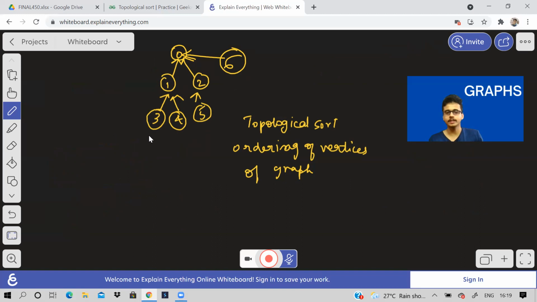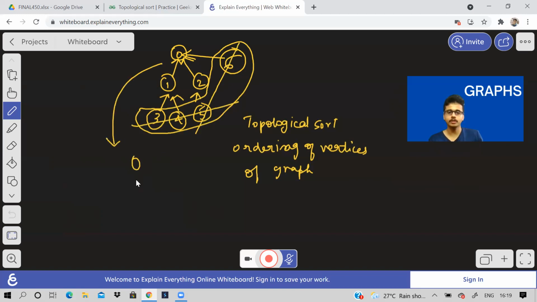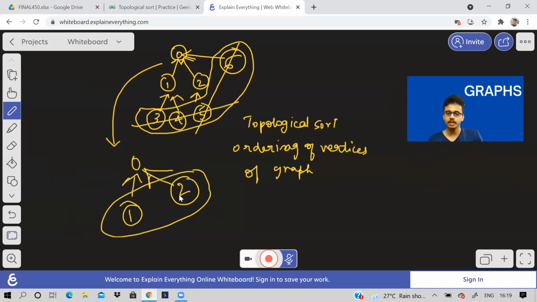What we have to do is we have to just keep printing the leaf nodes. See, first we'll print these leaf nodes. All right. After printing, we should not consider them. After printing all of them, the graph is going to become something like this, right? Then these two nodes will become the leaf nodes.